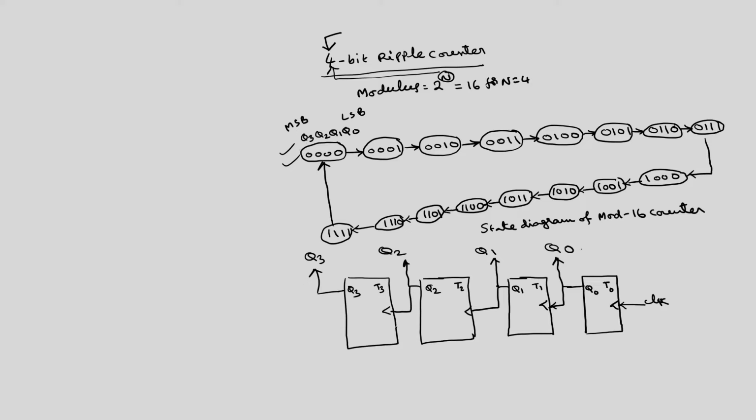Here, in most books T0 will be taken here and T1 next, but I am following the same order in which MSB to LSB is given. Depending on the LSB, this bit will be affected by Q1, this will be affected by Q2 and so on. That is why I am writing in the same order. This is LSB, this is MSB. And here one important thing is each T you have to make as 1.